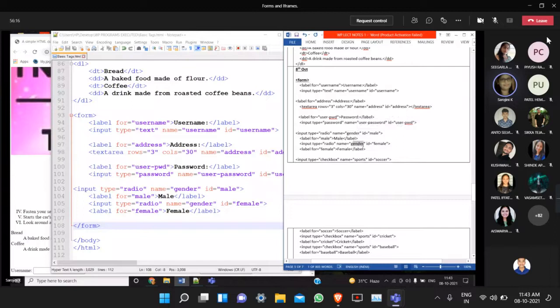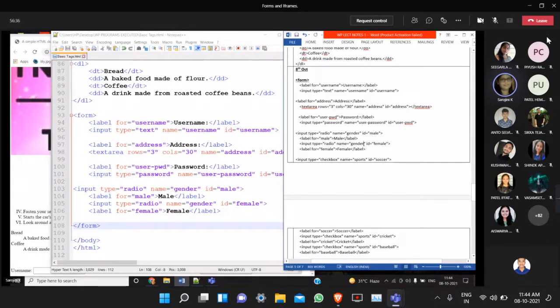When you create radio buttons, within a single set of radio buttons, all the radio buttons' name values should be the same. This should also be gender. This should also be gender. Suppose you have given gender1 here, what will it denote?